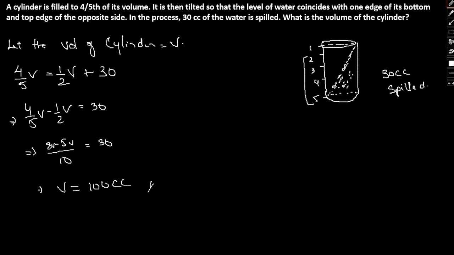I hope this is clear. So it was a very simple question. Basically the main idea behind it is to identify that the tilted water will form a diagonal. So with that said, we've come to the end of the video. So kindly go through all the three questions that we have discussed. They were of the mensuration type, so kindly go through the same so that you can get a better idea on how to tackle this kind of question in general.